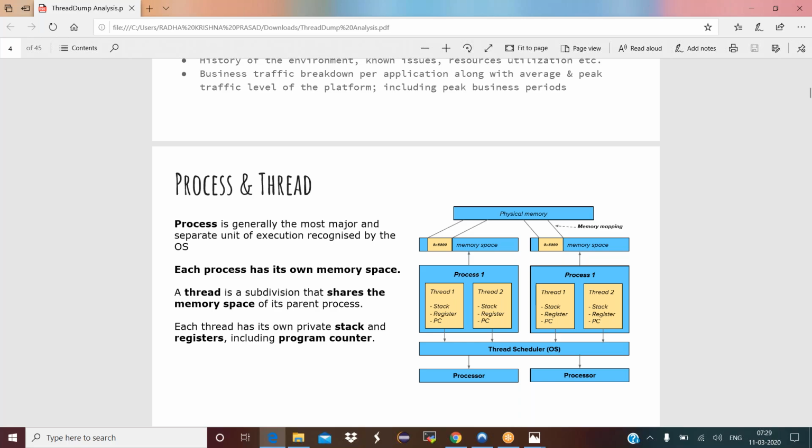So all these Java threads will be managed by the JVM, which are mapped to the operating system thread, also called a native thread. A native thread is nothing but the threads inside the JVM which are mapped to the operating system. Every thread will be mapped to an operating system thread, and this is called a native thread. Each thread will have a unique identifier, name, thread ID, category, and some of the basic features of a thread are like,